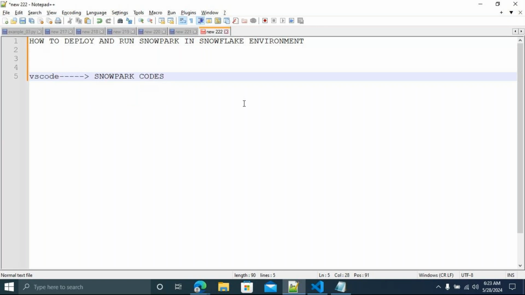We will create some data frames and then use some transformations and actions. All kinds of data frame code we'll be writing in VS Code,